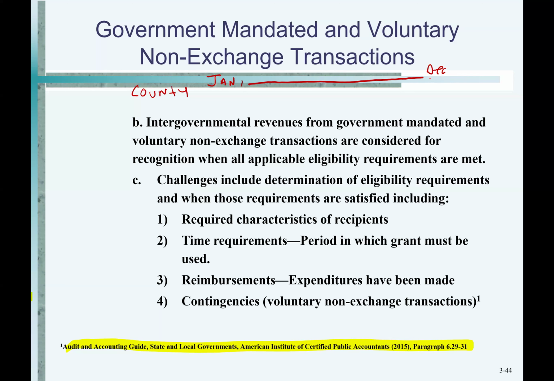So calendar year, fiscal year, just for simplicity's sake. And that's the county's financial reporting period, right? Calendar year. Now, for the state,